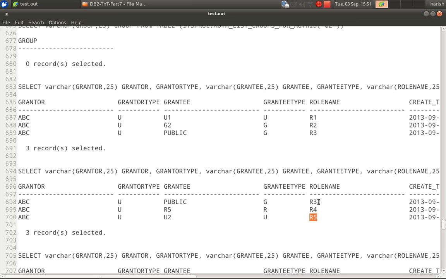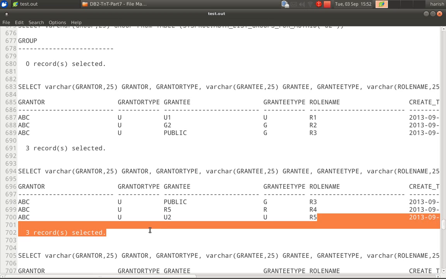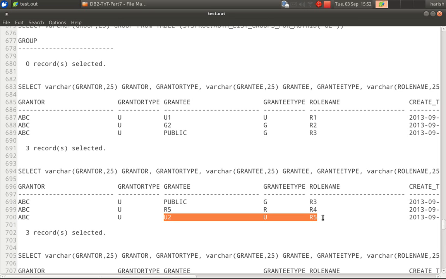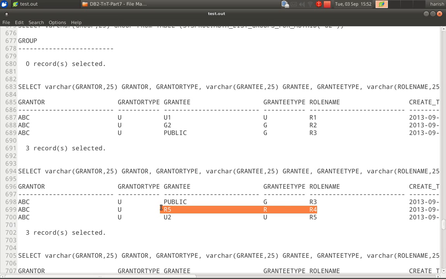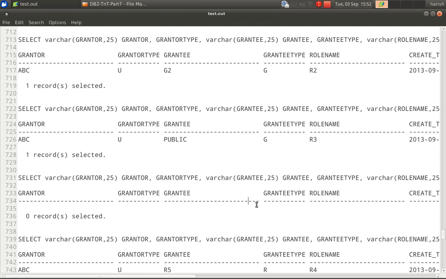So because for that user, any user is part of public, so he inherits the role R3 also, and we granted the user U2 R5, right? For user U2 we granted R5, but R5 in turn is actually containing R4, so that is also shown here. So R3, R4, R5. Okay, and the next routine is